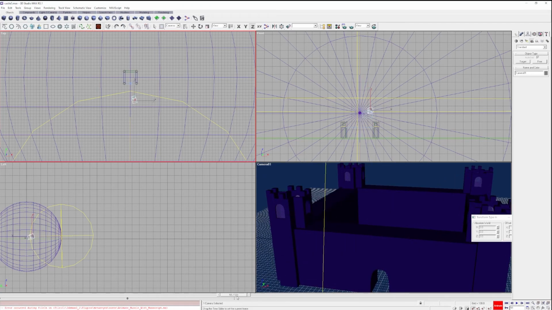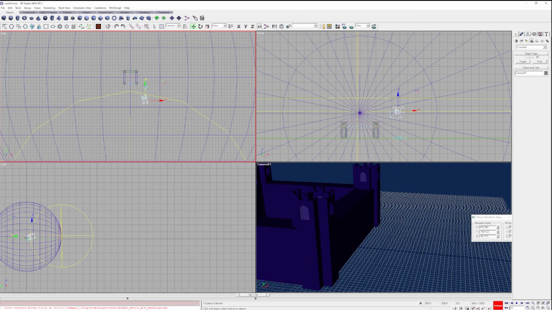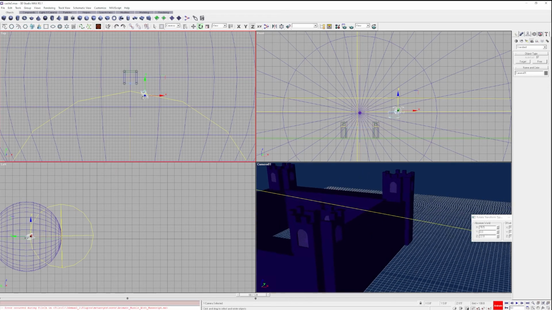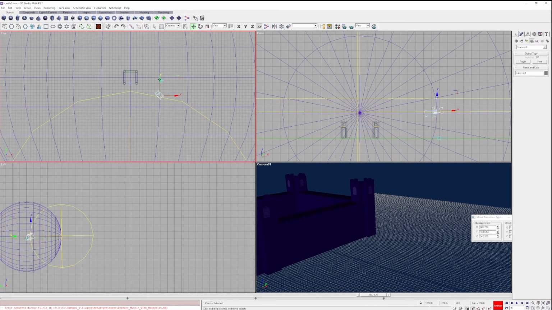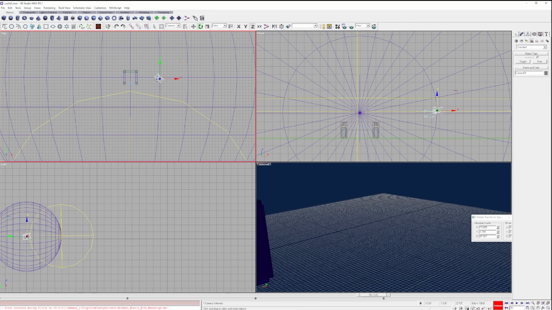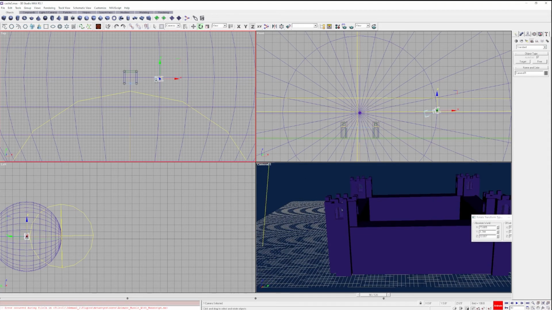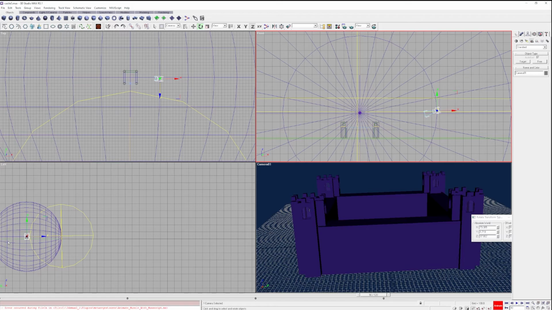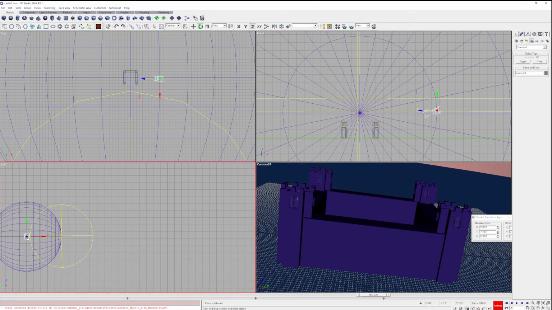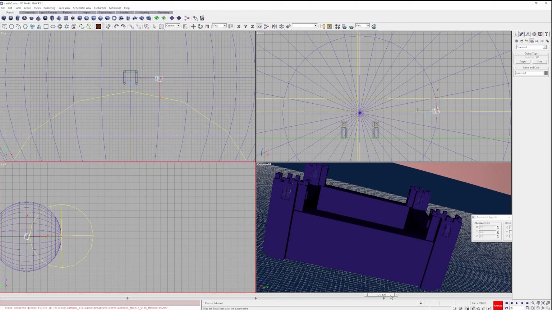Then we're going to go to frame 60. And the camera is going to start moving, and rotate again. And then we're going to go 90 frames in. And then we're going to go that way and this way and rotate it again. And it's going to tilt a little bit. But it's also going to tilt a little bit in the other way, like that. Sort of like in Unreal. And then at the very end,